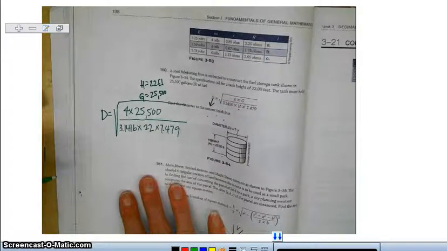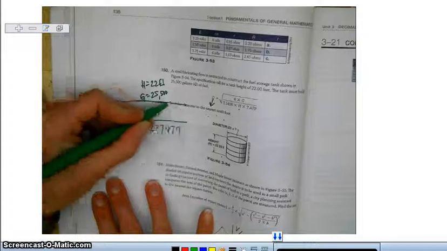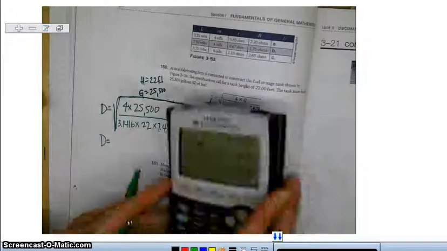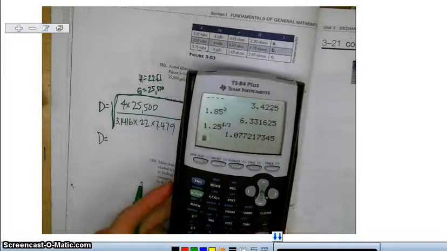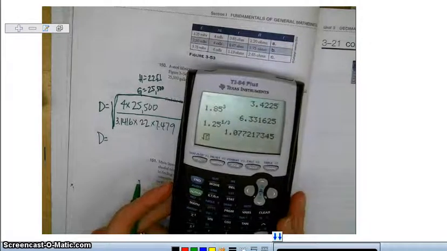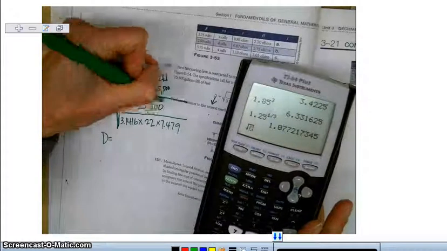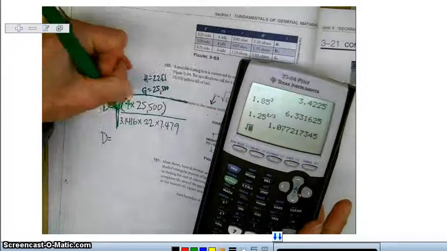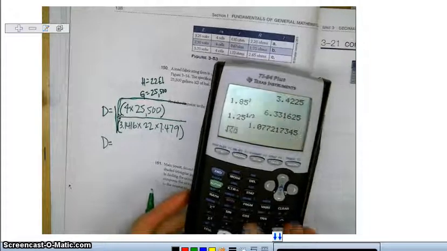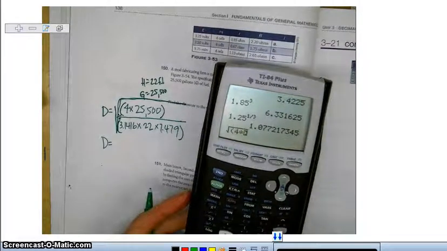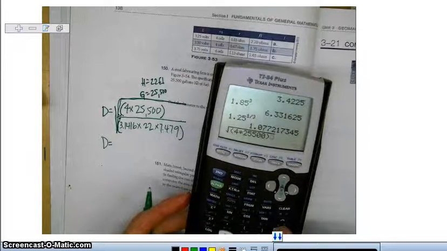I can do this all at once in my calculator if I type the square root first. Some of you have a square root button, some of you don't. I have to hit second square root, and then anything on the top is going to go in parentheses. Then I'll hit the divide sign, and everything in the bottom has to go in parentheses too. So begin parentheses, 4 times 25,500 in parentheses, divided by 3